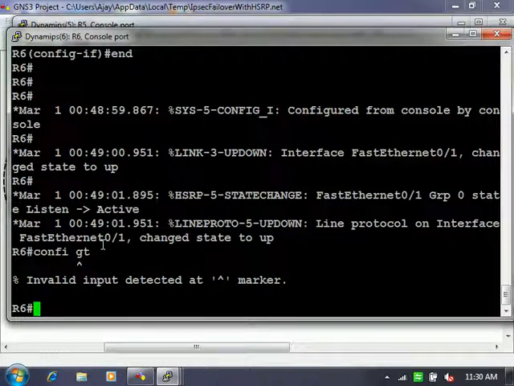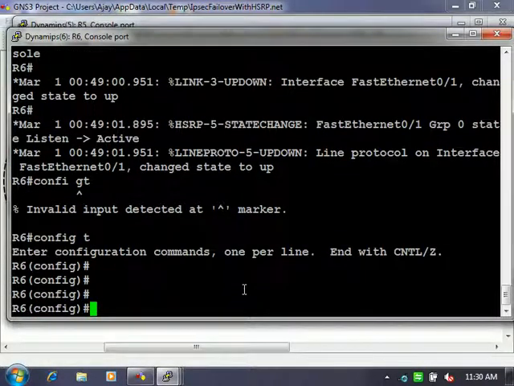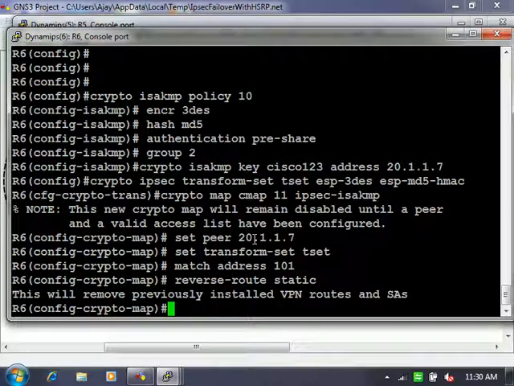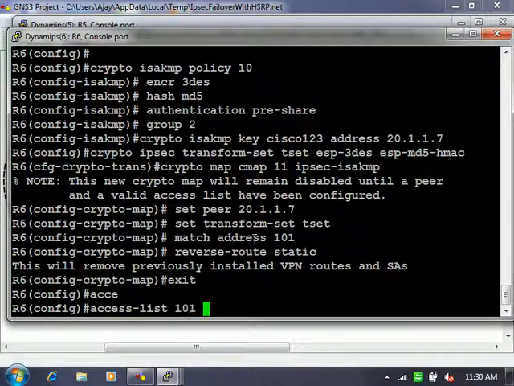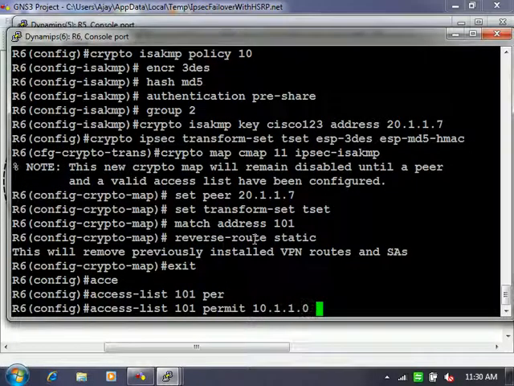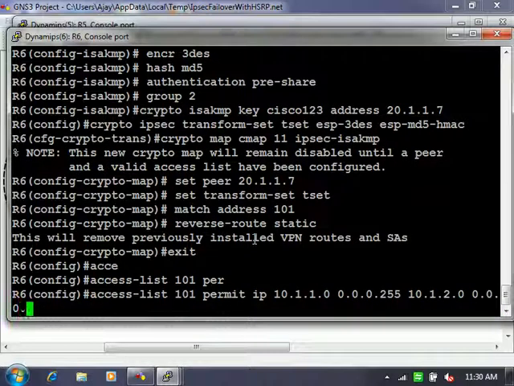Access list 101 permit 10.1.1.0 0.0.0.255 10.1.2.0 0.0.0.255. Almost same, right? Okay. Apply it onto the outbound interface.